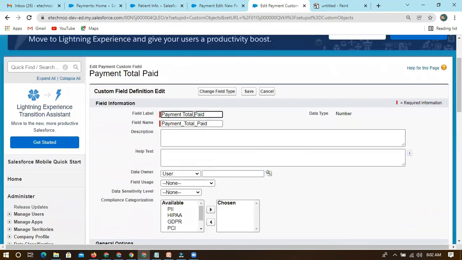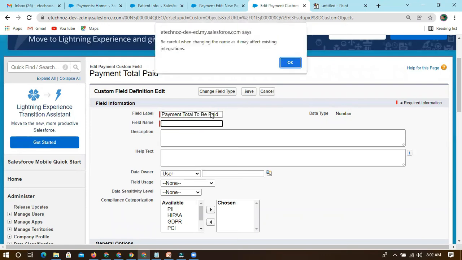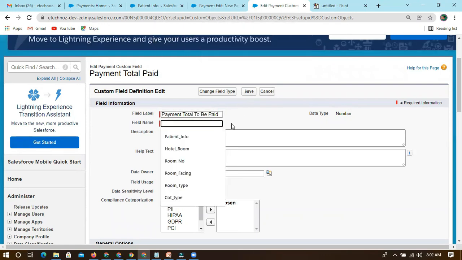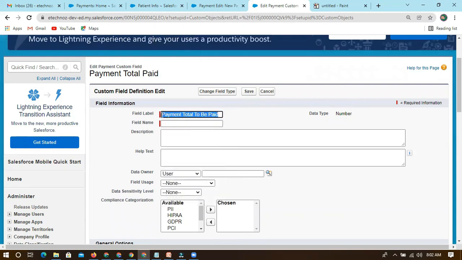How much to be paid? Wherever we find a space, it should be an underscore.